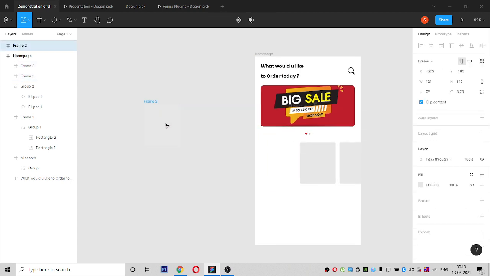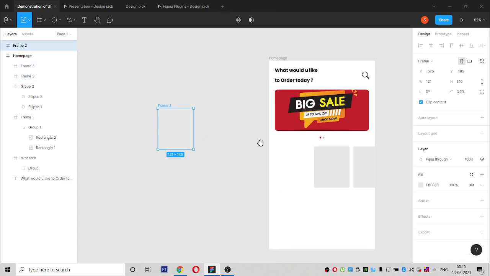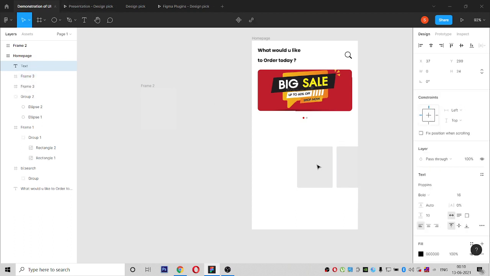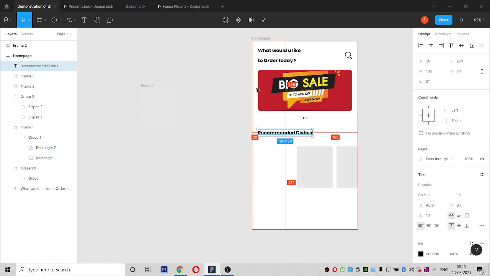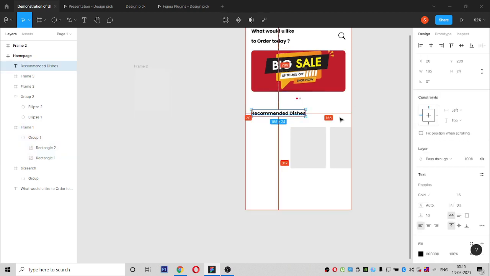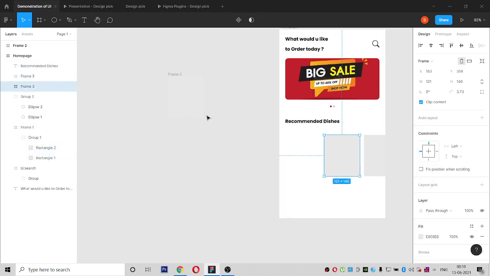So we will do it from this page and consider this as recommended dishes and make it 20, so it should be evenly placed. If this is 20 and icons are 20, banner image is 20, recommendations and all those things.